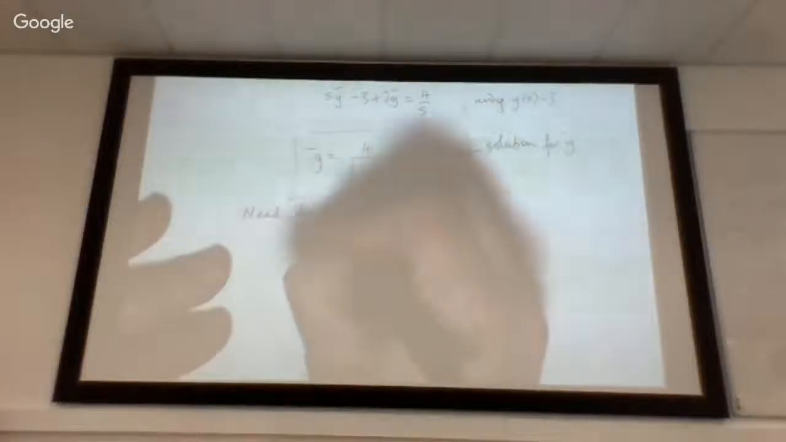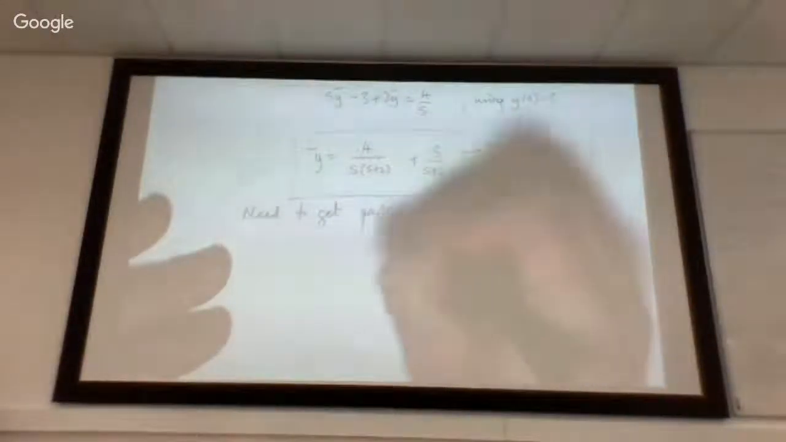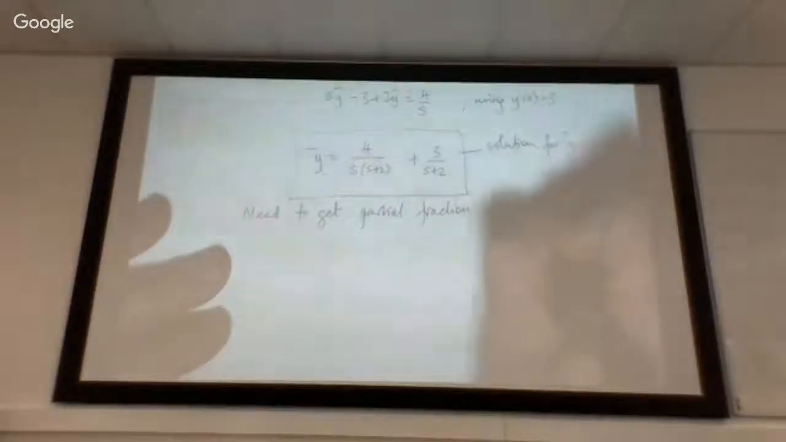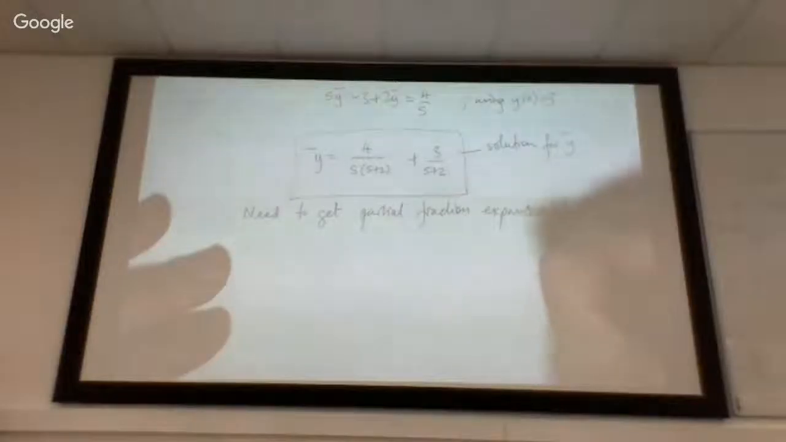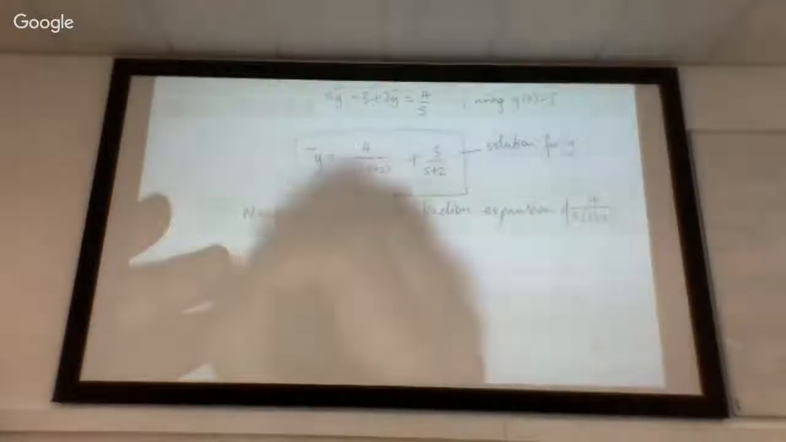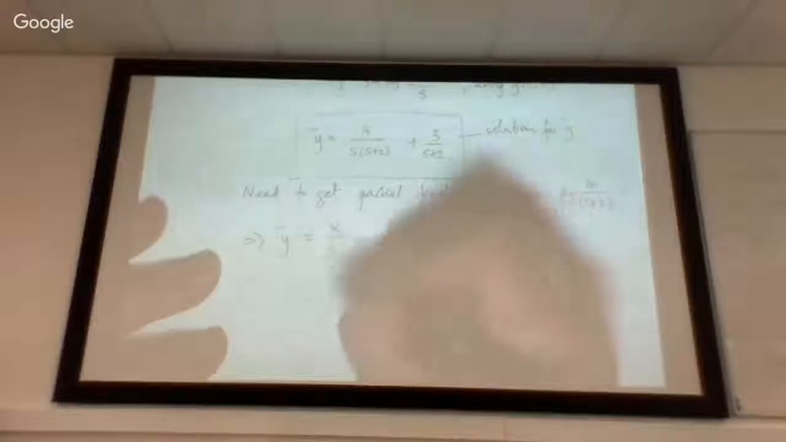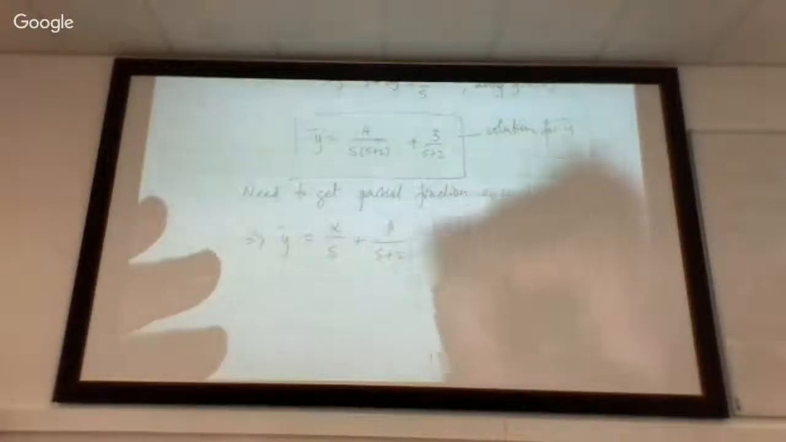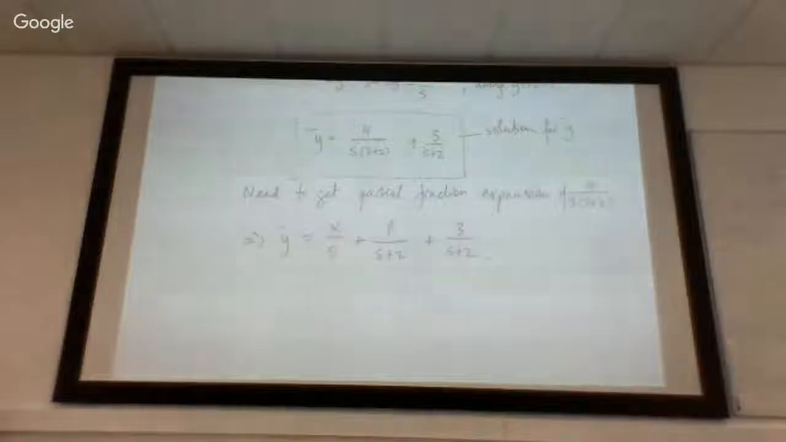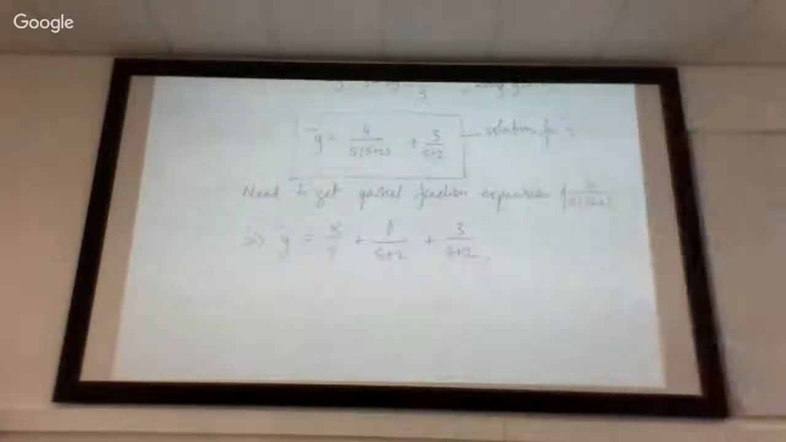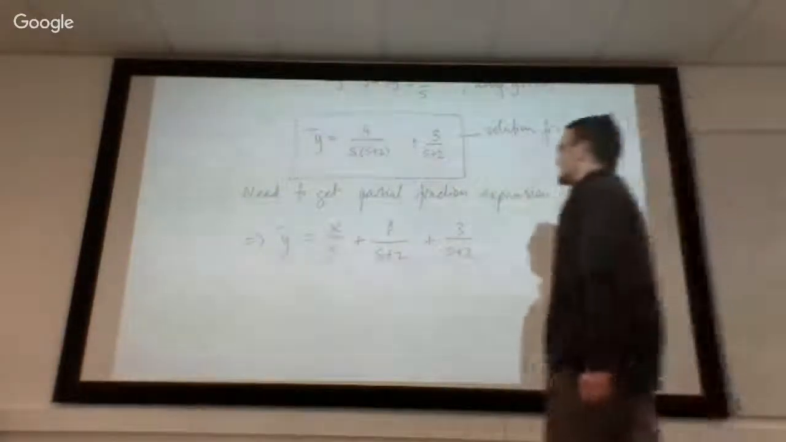We need to get the partial fraction expansion of the 4 over s times (s plus 2). So our y bar is going to be some constant alpha over s plus some constant beta over s plus 2, and you've got this 3 over s plus 2 still at the end. We will probably combine this with this one here after we've determined beta. So we just need to figure out what these